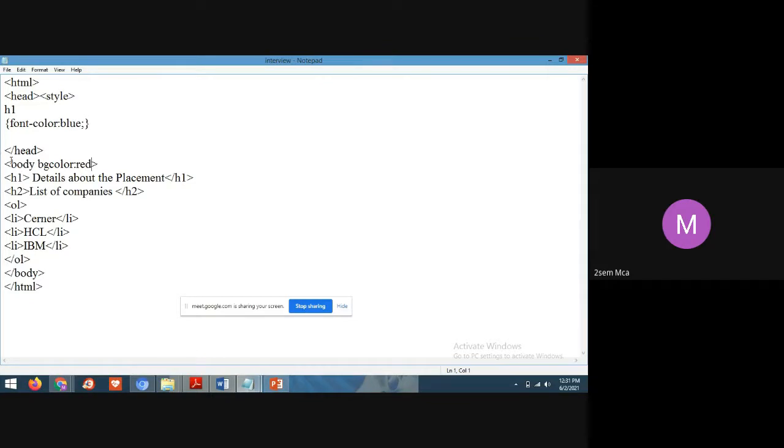Students, is it correct? Ma'am, background is equal to color, no, ma'am? In double quotes, ma'am. No, I mean only the red. Right. Only for red, double quotes. Yes. Ma'am, style tag is not closed. Yes.